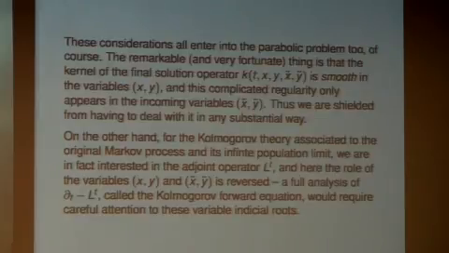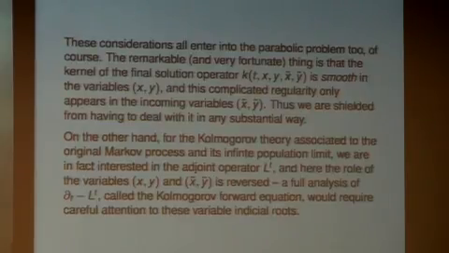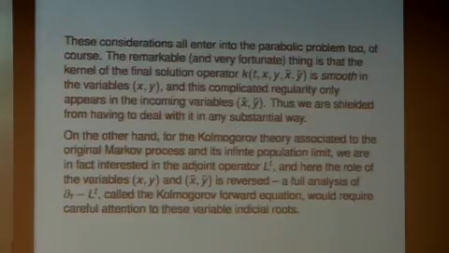but you're smooth in those variables as x goes to 0. All of these complicated asymptotics we're allowed to never have to deal with directly because they're in the incoming variables, which get the identity plus E inverse, and they're just junk that we can forget about. Just the stuff that's coming in. What we're worried about is the outgoing regularity. So it's a very fortunate thing in terms of technicalities.